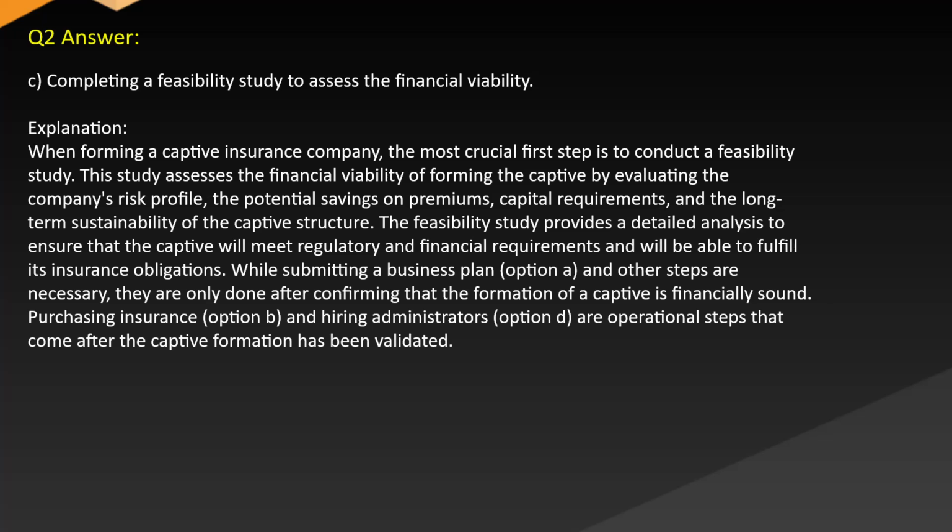While submitting a business plan, option A, and other steps are necessary, they are only done after confirming that the formation of a captive is financially sound. Purchasing insurance, option B, and hiring administrators, option D, are operational steps that come after the captive formation has been